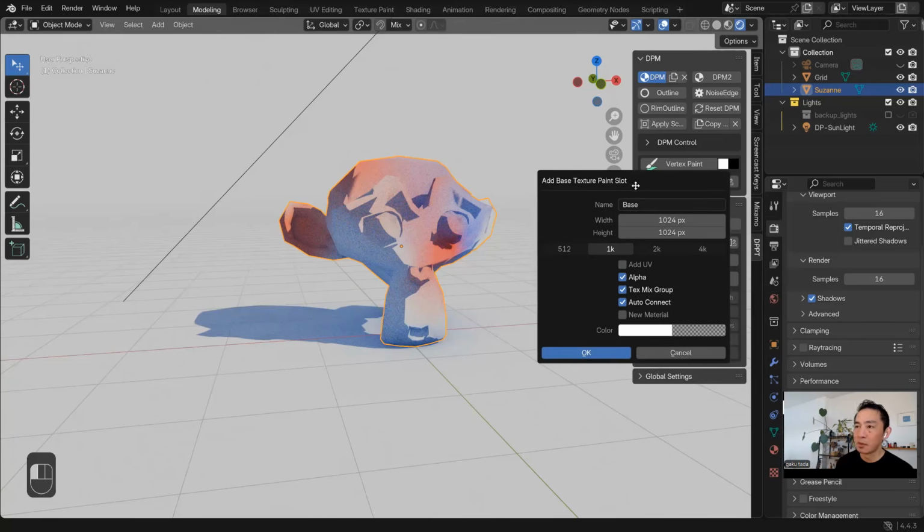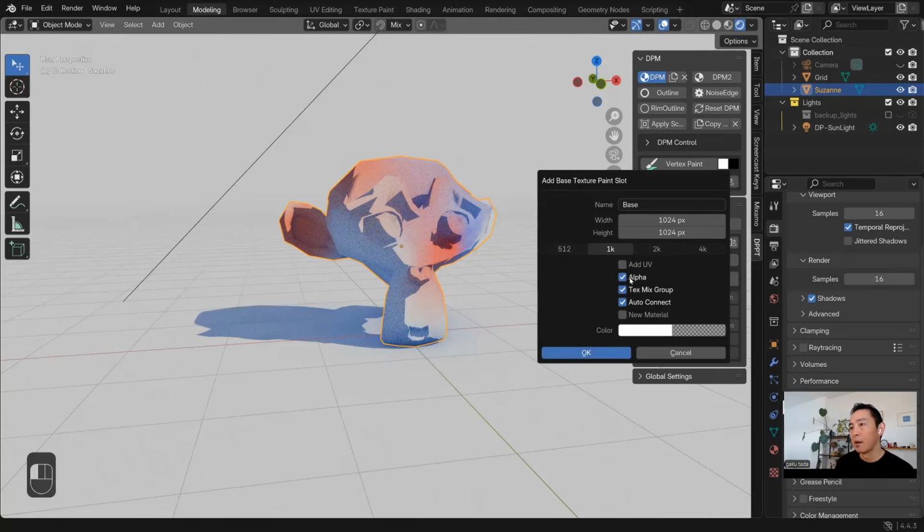And you should have this pop-up window. And there's a few options in here. You can change the resolution. 1K is fine for now. And you can change the name. And UV, if you have a UV, you don't need to check this one. If you don't, you should check this one.